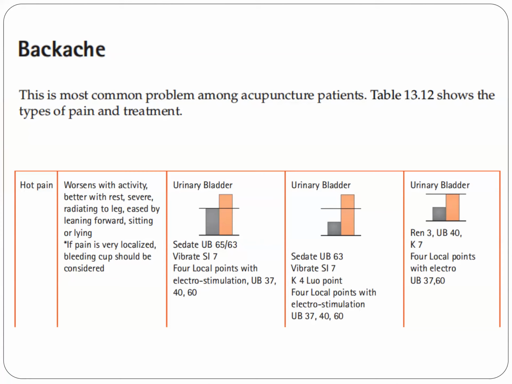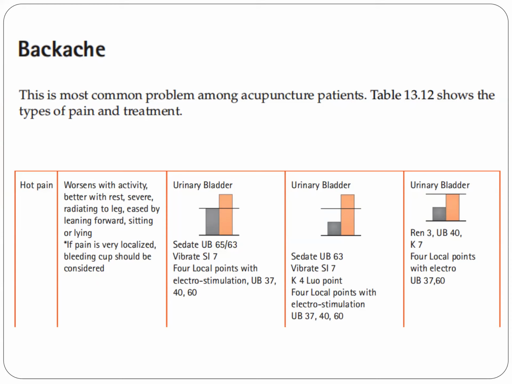Okay, let's start with heat pain. Worsens with activity, better with rest, severe, radiating to the leg, eased by leaning forward, sitting, or lying. If the pain is very localized, bleeding cupping should be considered. So as you can see from the tower diagram,